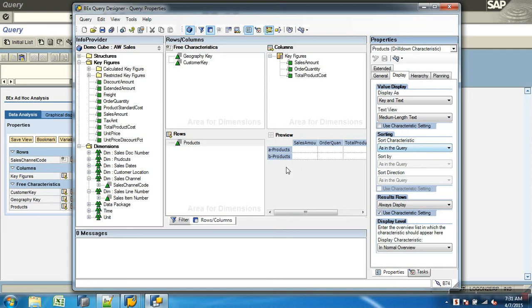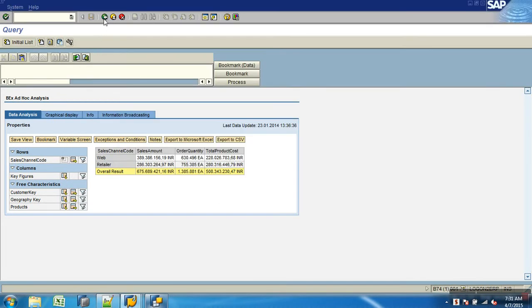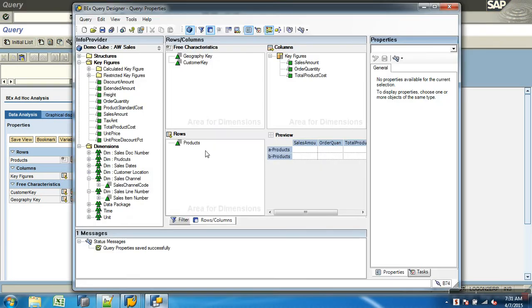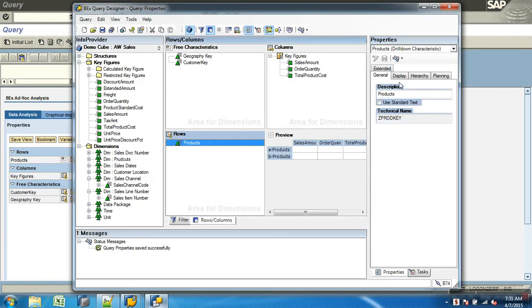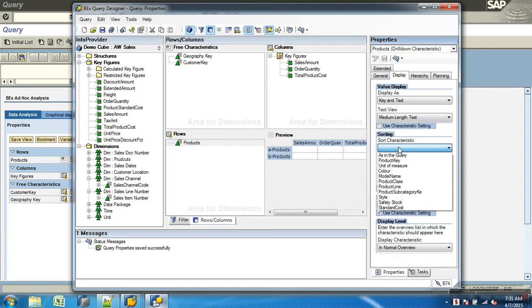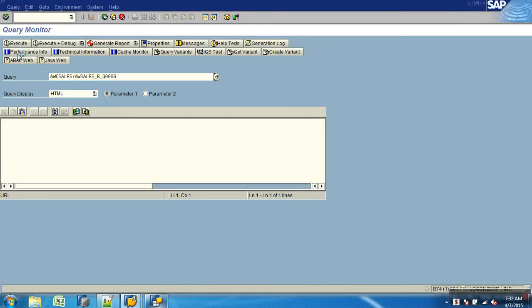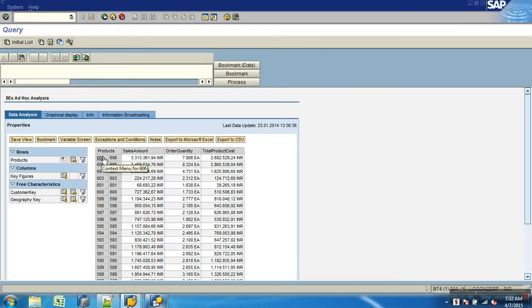So next property, sorting. Like you want to sort those on the keys. So I've got the numbers. By default it's sorted in ascending order. Let's say I want to go with a different sorting. Display. I would like to sort the data based on, let's say, product key only. Sort on key, and I'll say descending. You get the highest product at the top. Like this, you can do sorting of the data.